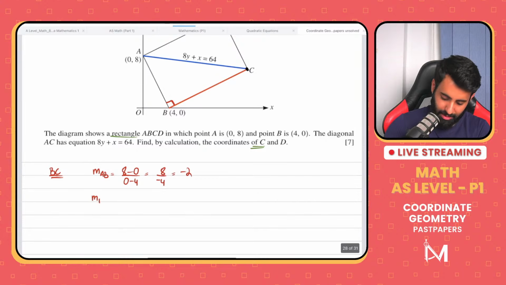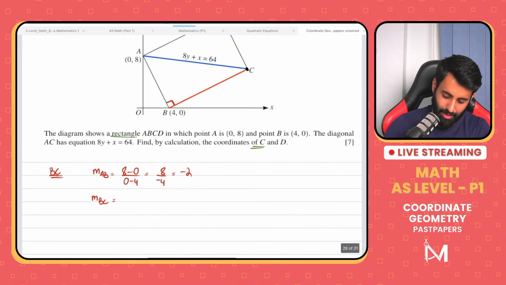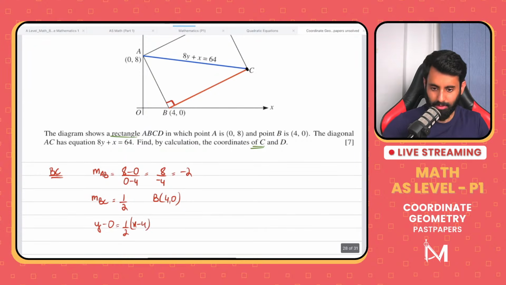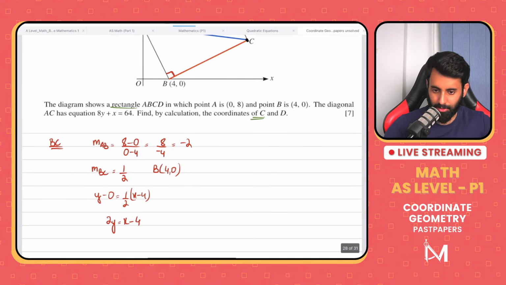Now I can use this gradient because line BC is perpendicular to line AB. I can use this gradient to find the gradient of line BC, which is going to be 1/2. Now, do I have a point which I can use to form an equation? Yes, I do. So y minus 0 equals 1/2 times (x minus 4). Let's simplify this. So we have 2y equals x minus 4. Okay, so we have the equation of line